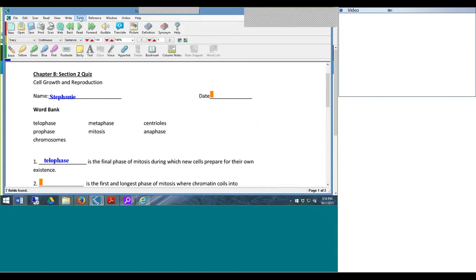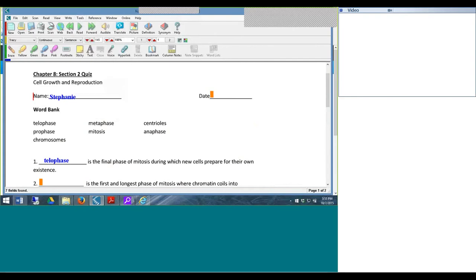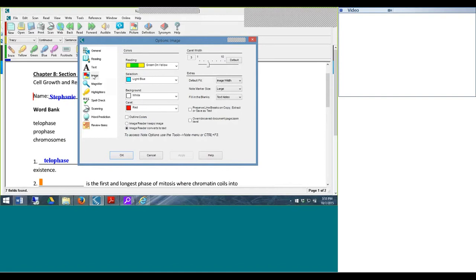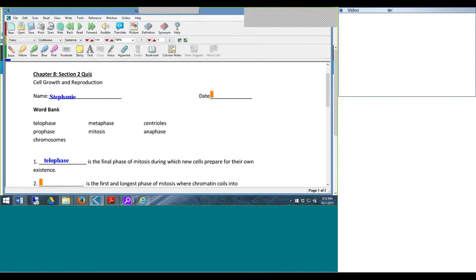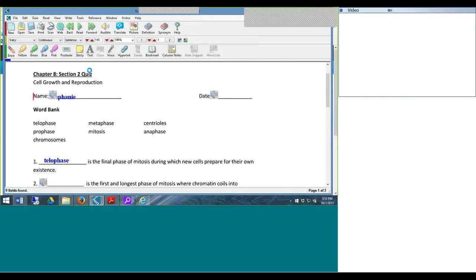We can change the option of filling in the blanks by going to Tools, down to Options, click on Image. When I click on Image, this gives me a fill in the blanks box. I can choose Voice Notes and Apply, and then when I click Fill in the Blanks now, it will put a voice note there, and the student can record their answer